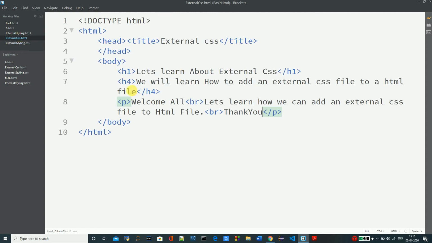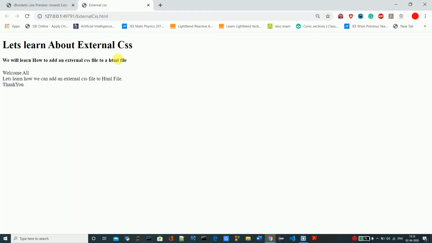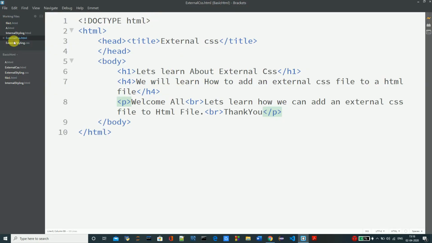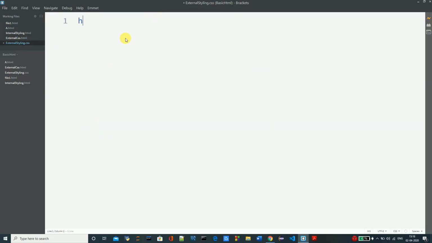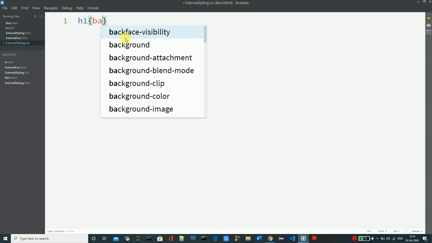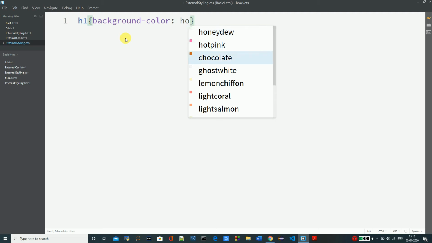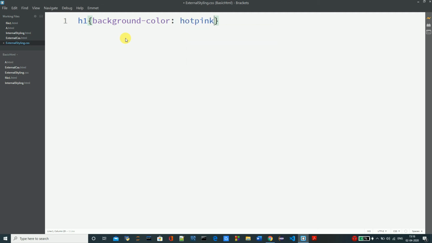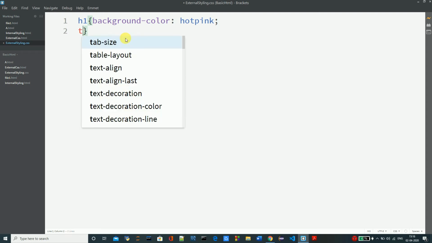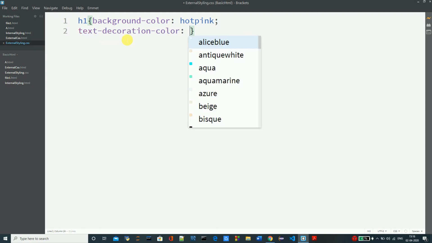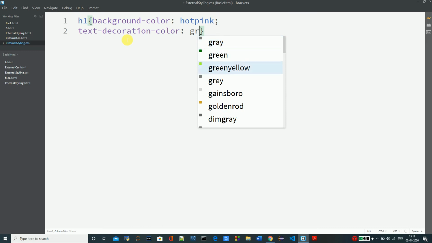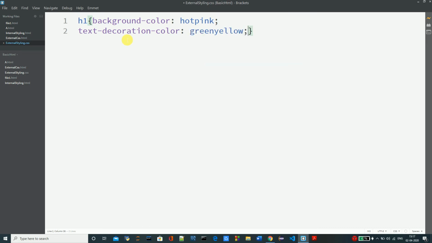So where I want to apply the styles, let's check. I will apply it to h1. So in the external document, that CSS file, I'll write h1 followed by the bracket. I want that background color to be pink, and the text color I want green. I'll go for this green. I'll save this one,